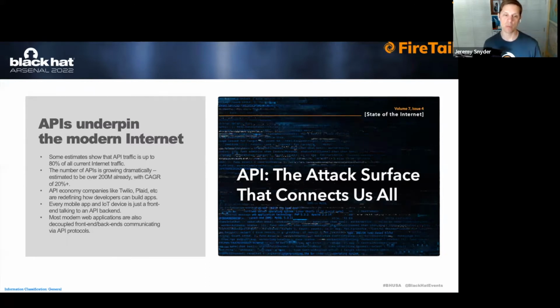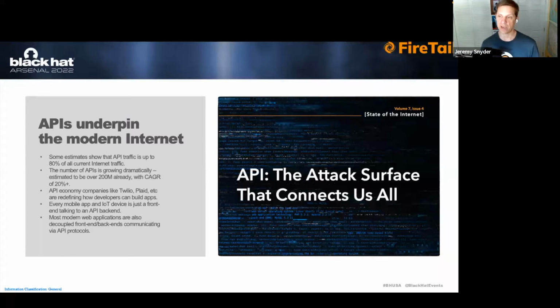We already know that we're on the 200 million plus API endpoints with that kind of 20% year over year compounding growth. So that trillion number really looks to be something like 5 to 6 years away. We've seen the rise of API native companies whose actual product or data set or service is offered over an API. So probably a lot of you watching this presentation will be developers, and you'll also be customers of platforms like Twilio that allow you to access functionality using any number of API calls.